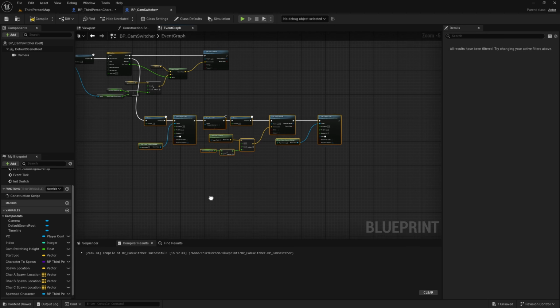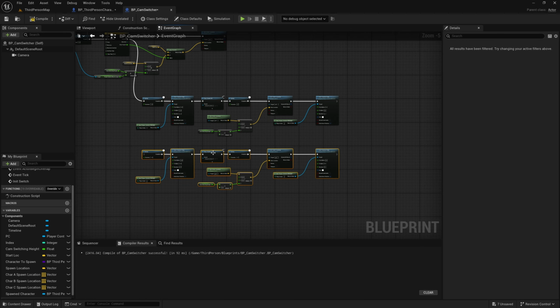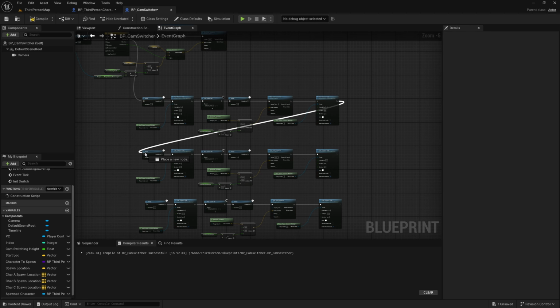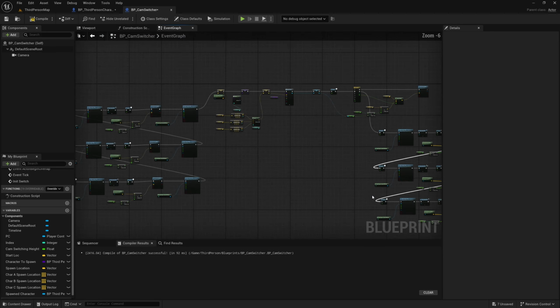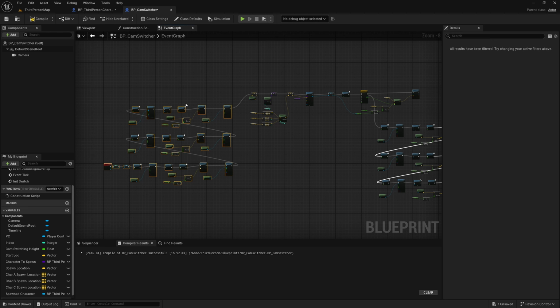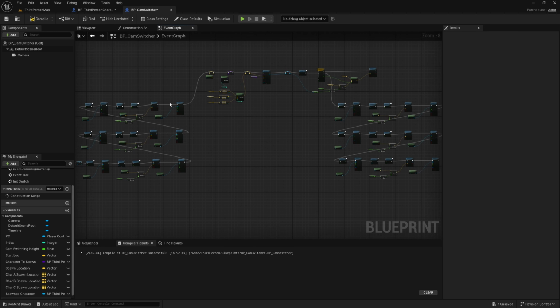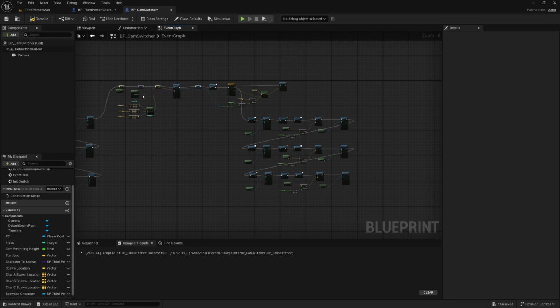So I'll grab all of this, duplicate this 2 more times, plug in the execution pins, and in case you hadn't clued on yet, I've set this up to mirror what our camera is doing. It's going whoosh, whoosh, whoosh up into the sky. It's spawning the character, moving over to the character, and then it's going to go whoosh, whoosh, whoosh, and down